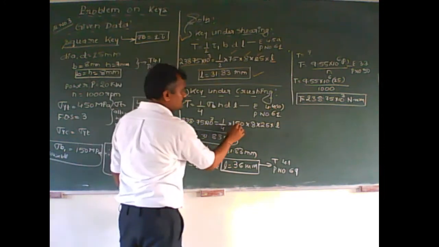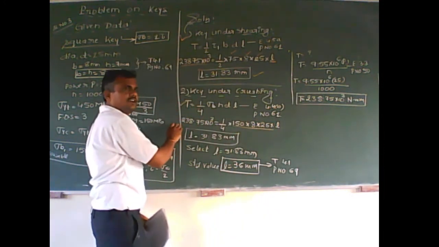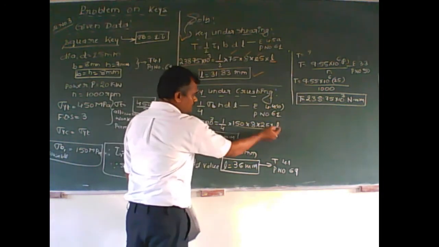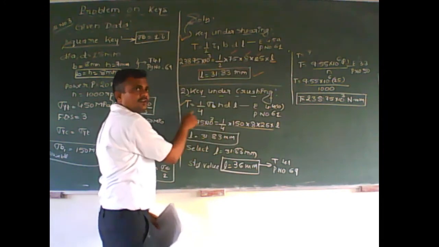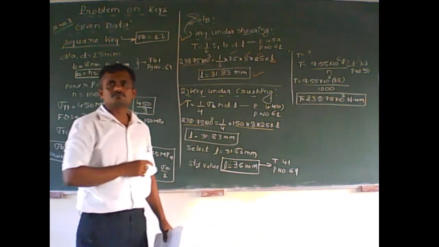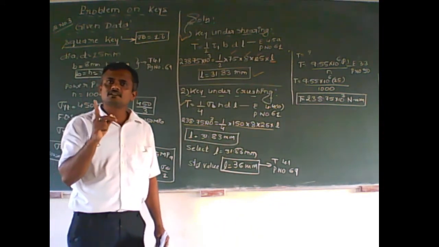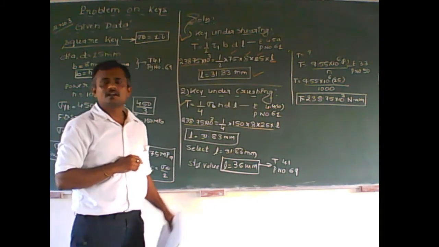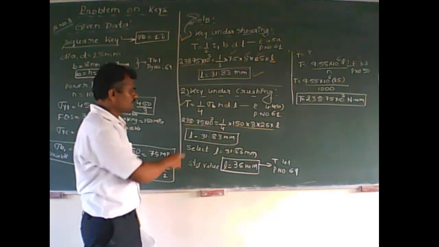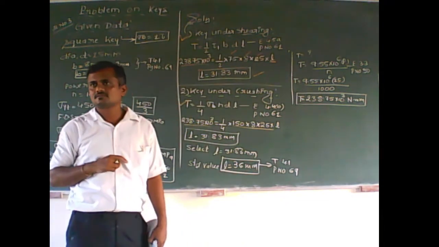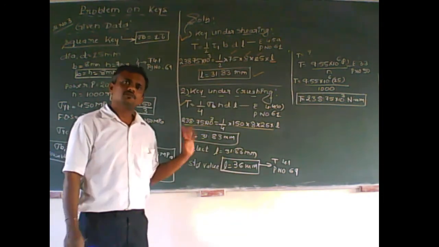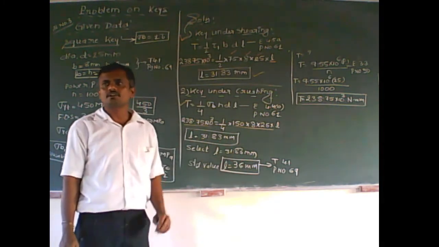And again, these things, when they go to the left hand side, become divide. On the denominator it comes. And here this 4 is L by 4 divided, and when it goes to the left hand side, this becomes multiplied with 4. So that we are getting this value. And use proper brackets in the calculator while substituting, and get the answer correctly as L is equal to 31.83 mm. And afterwards we have to compare which value is higher. So since we have got the same value, therefore there is no confusion at all. We can take one and only value, that is L is equal to 31.83.